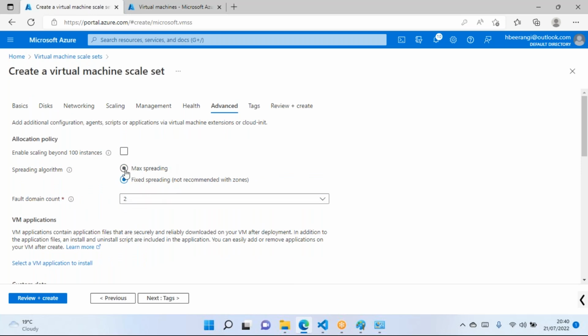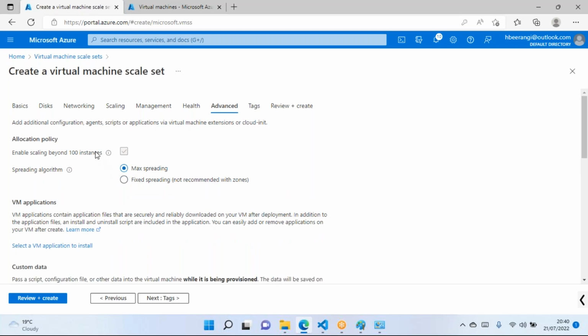However, if you want maximum spreading, if you have virtual machines beyond 100 instances, if your application requirements need 100 VMs or more, then you go for this maximum spreading. When I say spreading, your VMs will be distributed across the data center region in different racks. It means in different fault domains, and there is no limit for the deployment where you can go for maximum